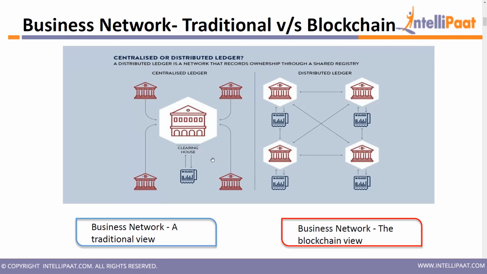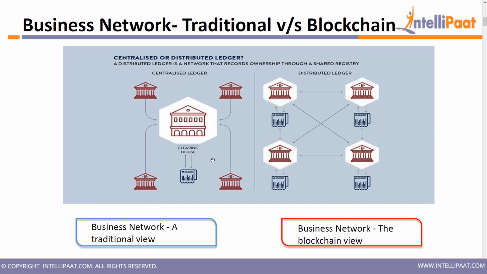traditional versus blockchain environment. The left half shows the centralized system that we currently use, and the right half shows the distributed setup that can be implemented using a blockchain network. If you see the centralized one, you have one centralized clearing house that is clearing all your transactions, whether financial, educational, or stock market trades. Whatever you are going to do, you get it authorized and cleared from a central authority.